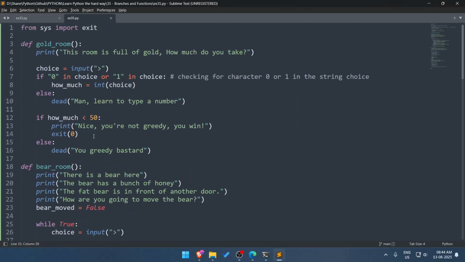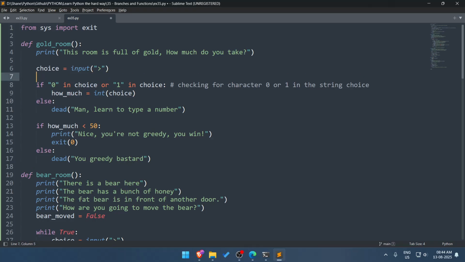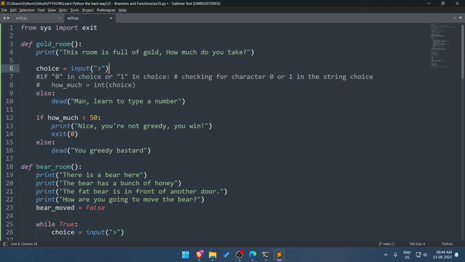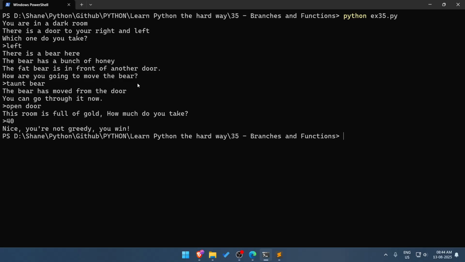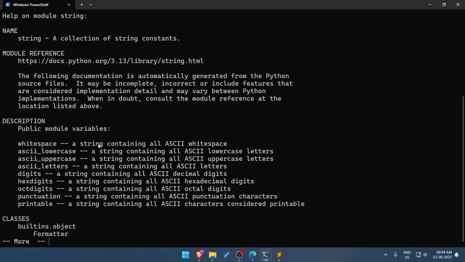So I would say the string used to have these functions. String, yeah.